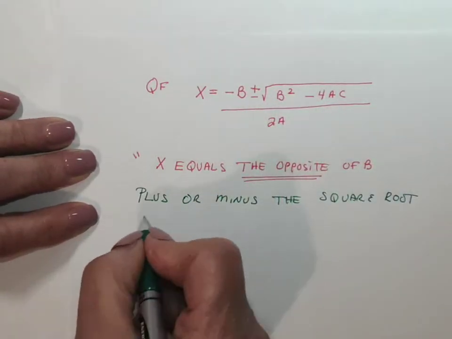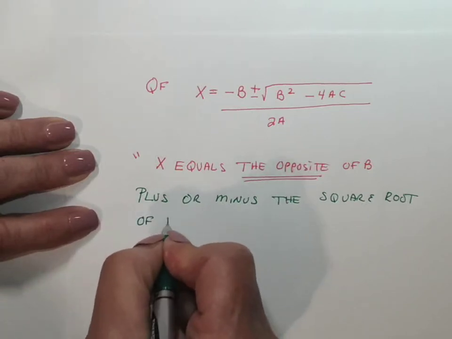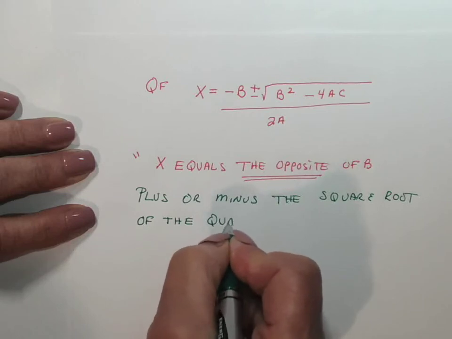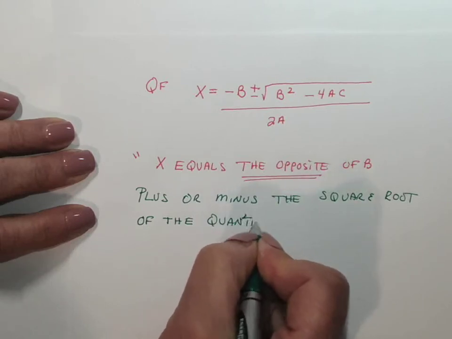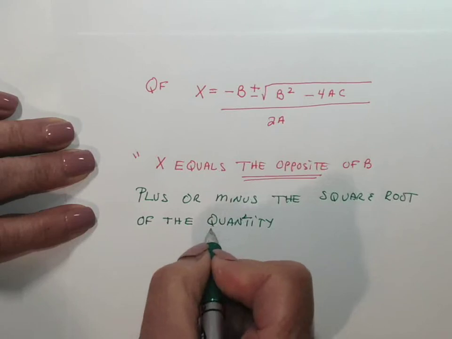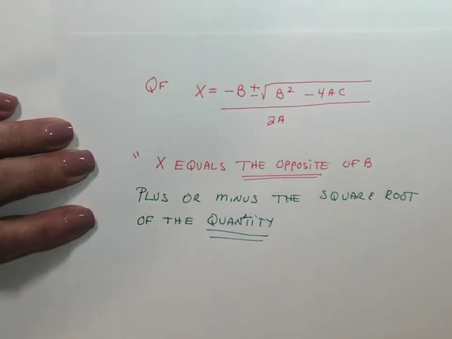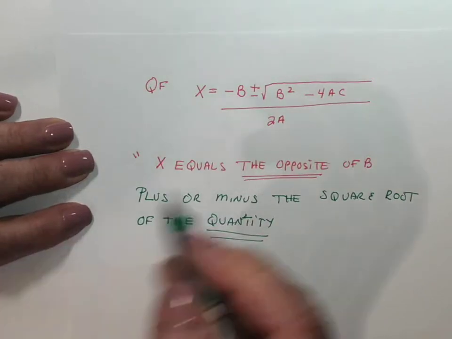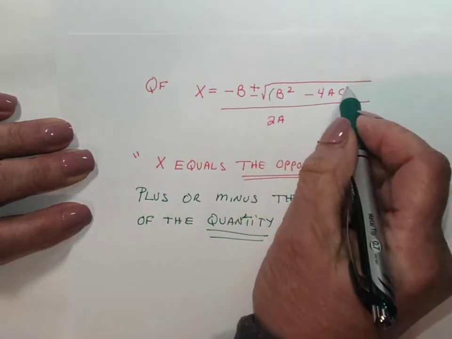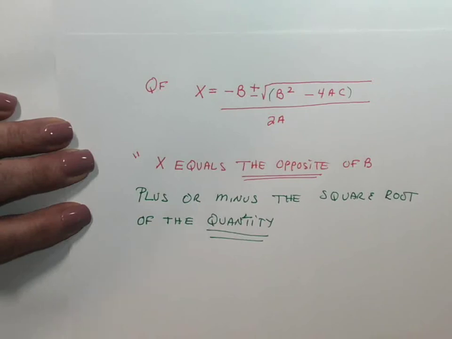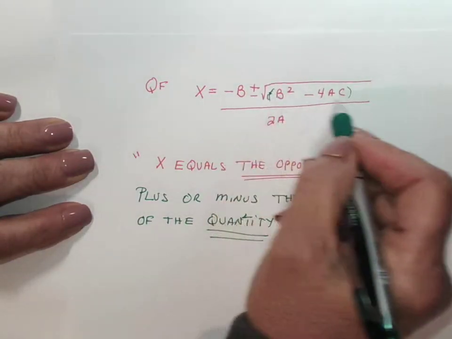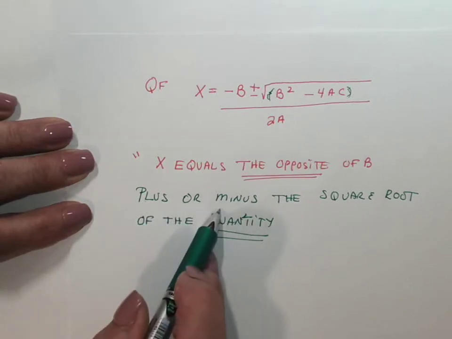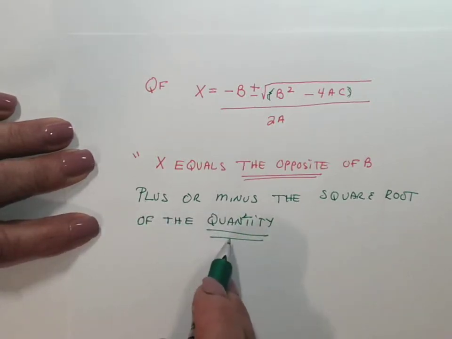So it's the square root of the quantity. Okay? Another key word is quantity. Quantity means parentheses. So basically there are hidden parentheses in there. And you don't have to put those, but those are hidden parentheses. So plus or minus the square root of the quantity